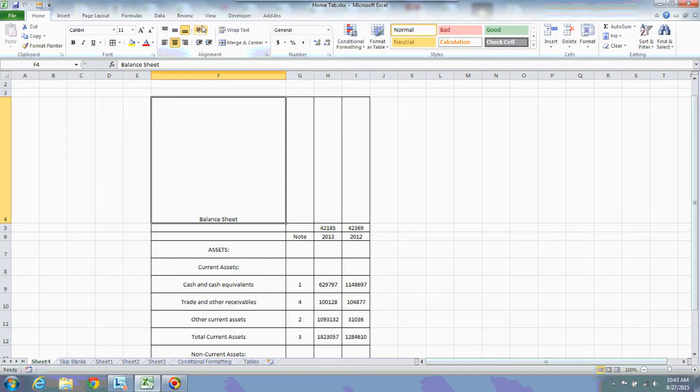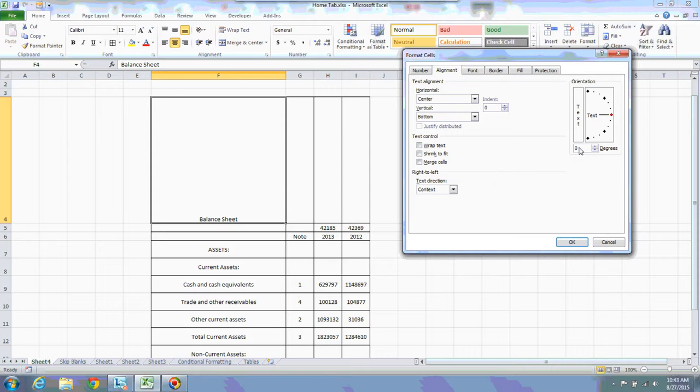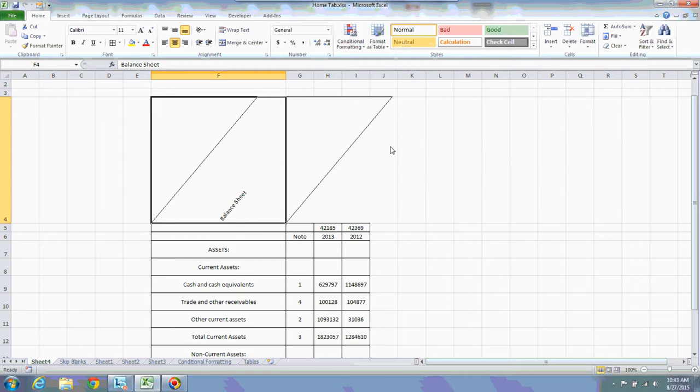Now what I am going to do is I want to change it to 90 degrees. You can use either spin buttons to increase the degrees, or you can directly type whatever degree you want. If you want to show this text at 50 degrees, you can show like this. Like this it happened.